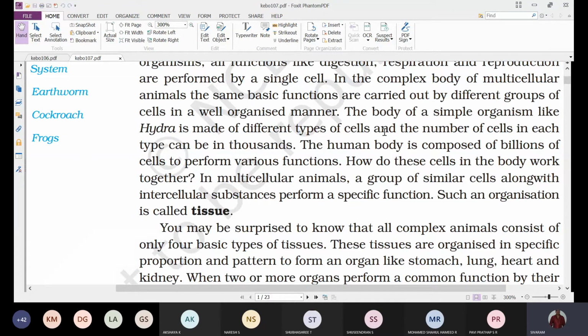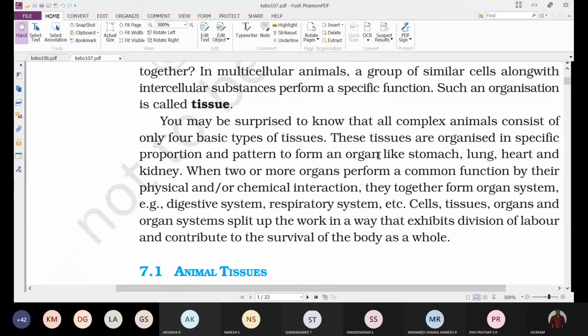So a group of cells which are similar in origin, structure and function, we are calling it a tissue, which is observed in animals. And next,